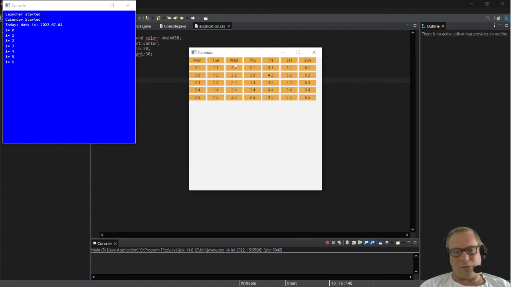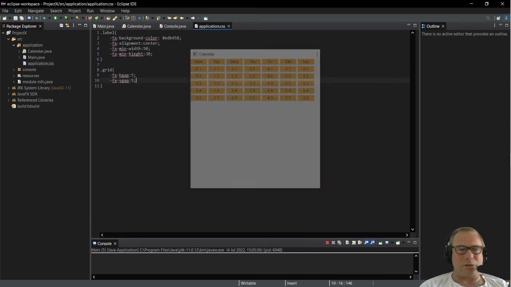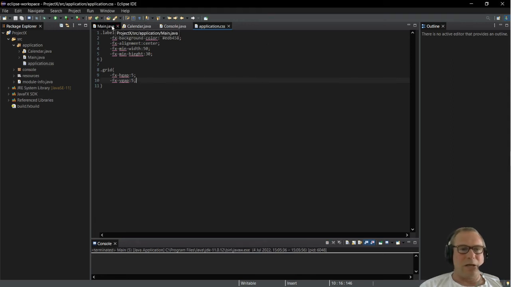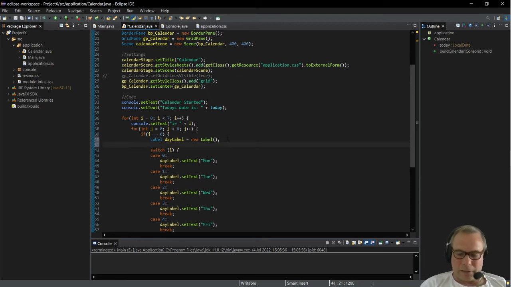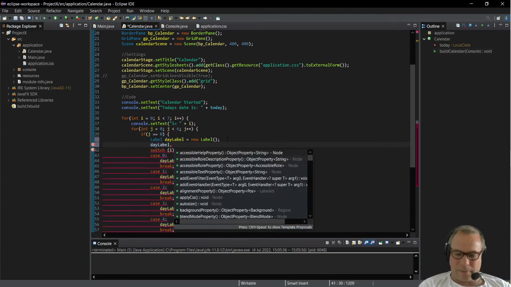Now, the last thing I want to do is change the background color for the days. And I'm not going to do that in the style sheet because it's only those days that I want to change. It's not all the labels. So I'm going to go where I create the day label, which is here, and I'm going to say dayLabel, and here we're going to say set